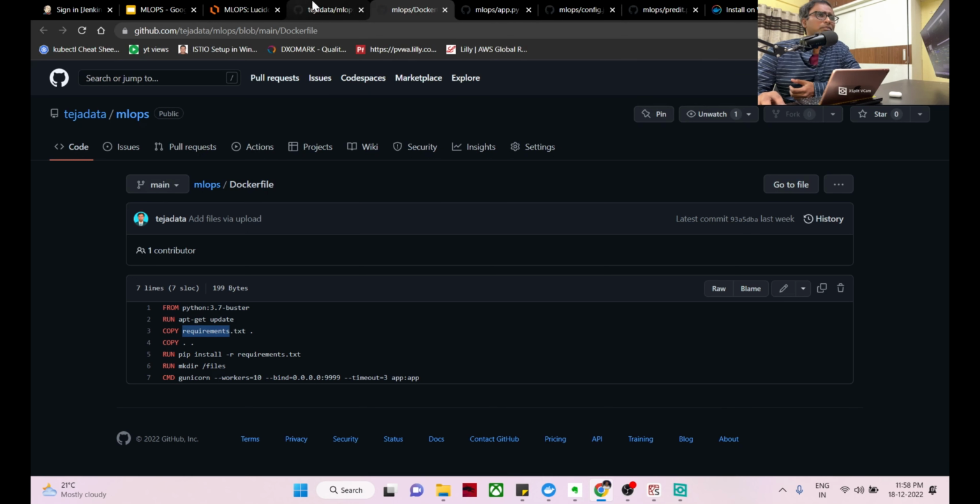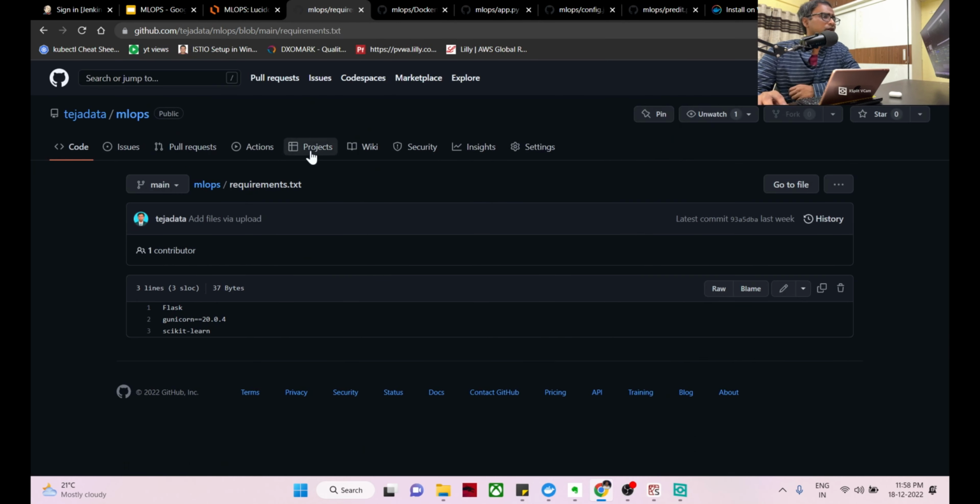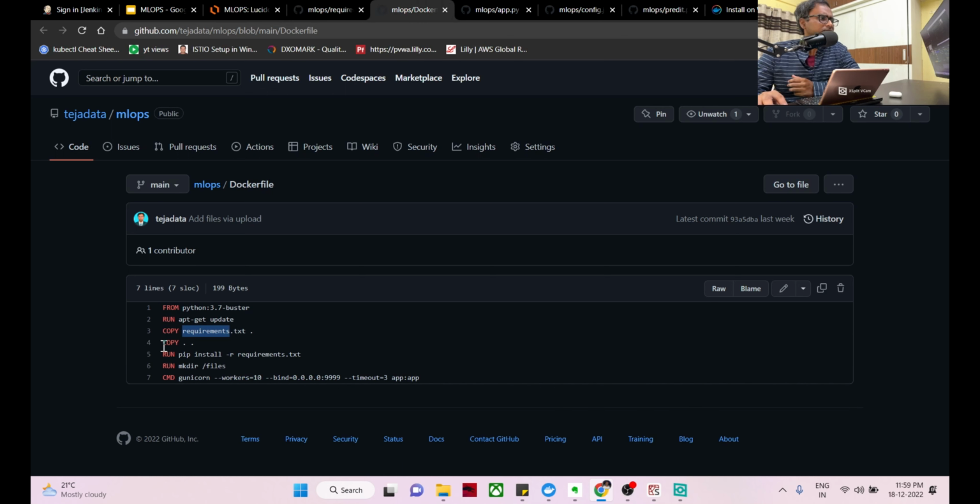And I'm just copying my requirements.txt file, where I'll keep the packages I need to install. In our case, I'm using Flask, which is used as a Python REST API microservice engine, and Unicorn as our application server, you can say. It's a web server where you can deploy your Flask application. And of course, I'm using scikit-learn. And then I'm copying it, and I'm running my requirements.txt file, and I'm running my